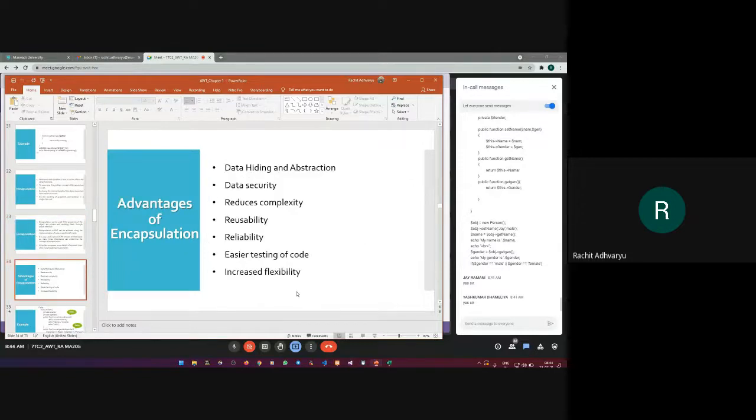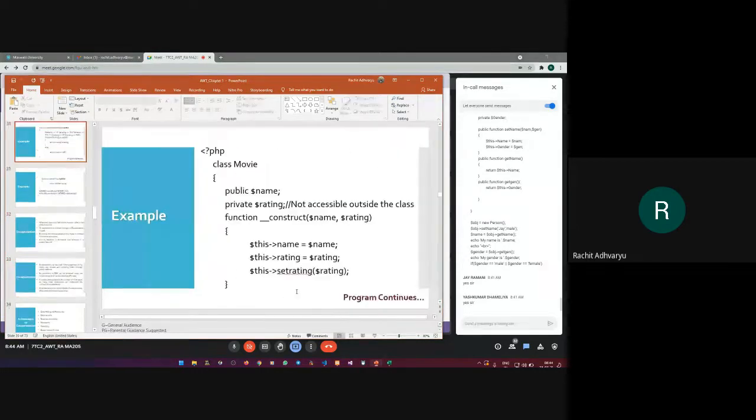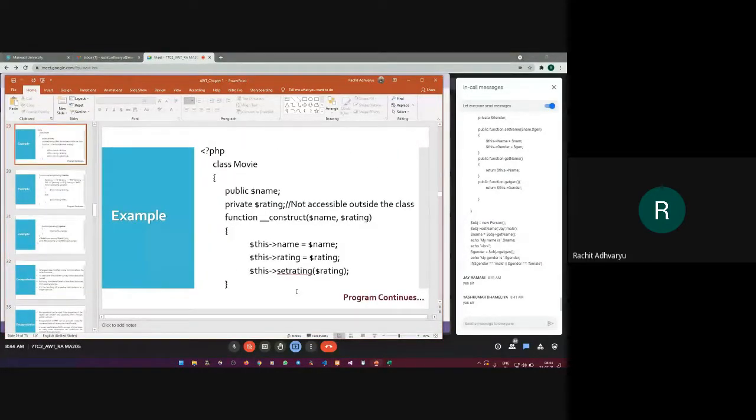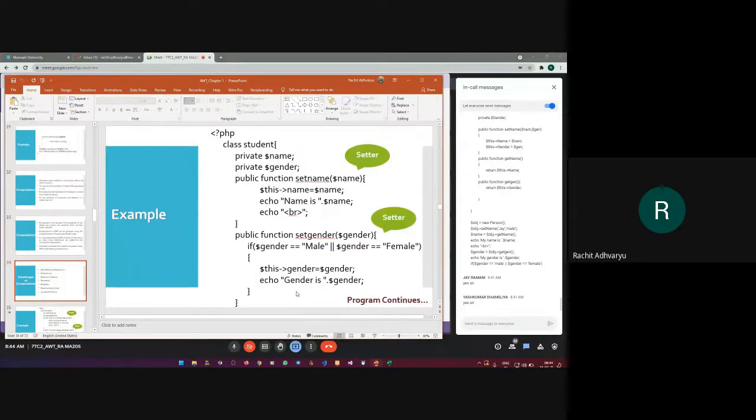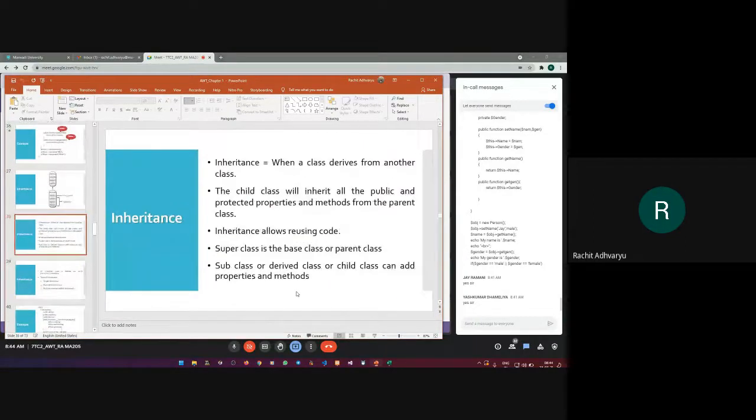So when we want to deal with encapsulation in a program, we declare our properties or the variables ultimately using the private access modifier. So whatever we have done just before, or in the first lecture, the getters and setters are a part of encapsulation. Remember this thing, right? So moving on to the next, that is inheritance.